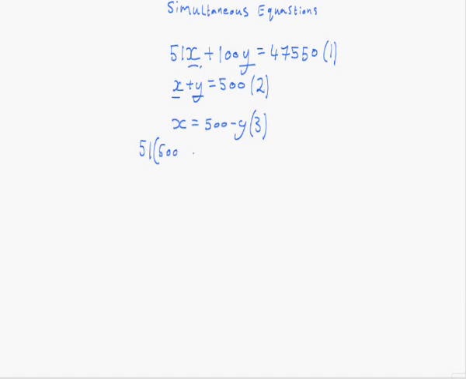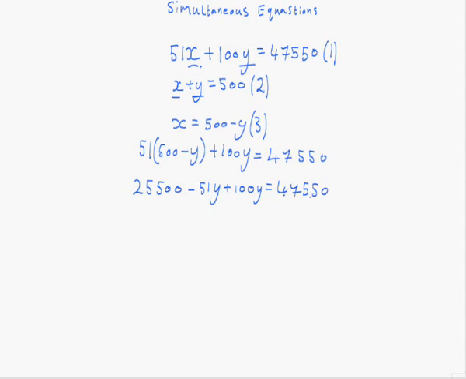open bracket, 500 minus y, close bracket, plus 100y, which is equal to 47,550. Now the next thing to do is to simplify this by expanding the brackets. So 51 times 500 is 25,500. 51 times negative y is going to be negative 51y, plus 100y equals